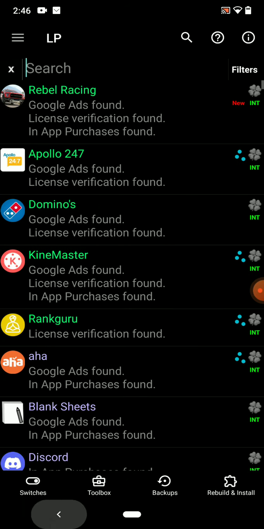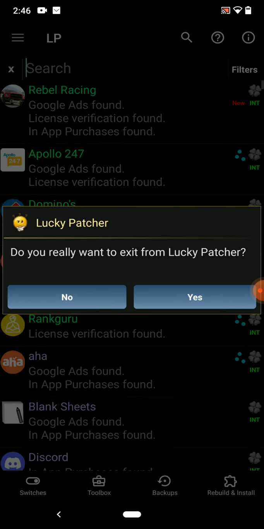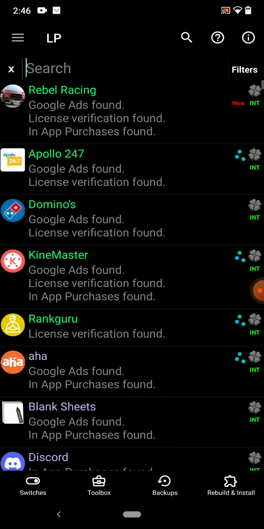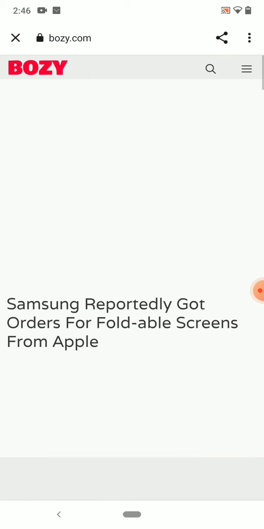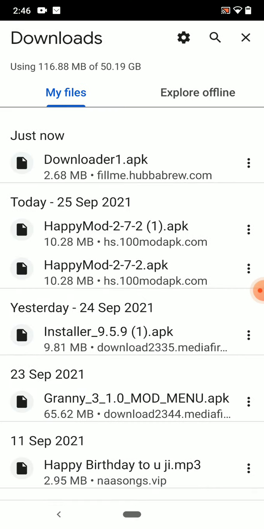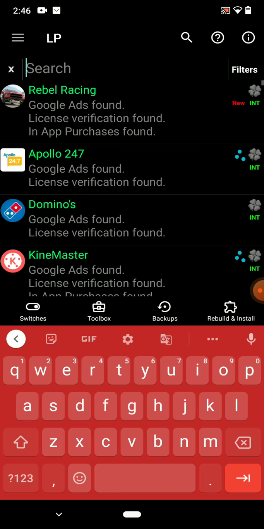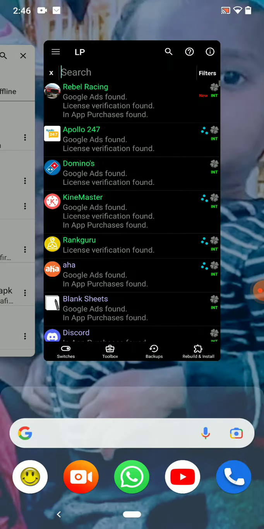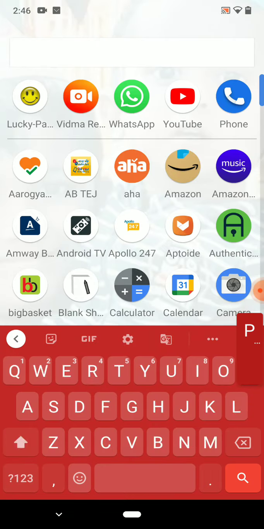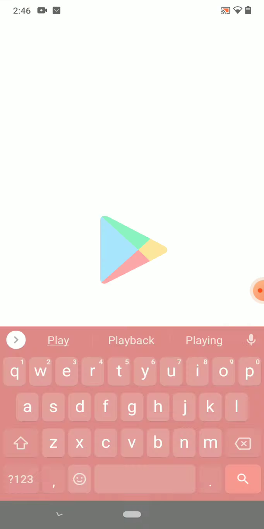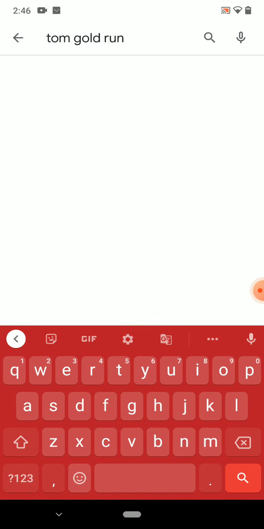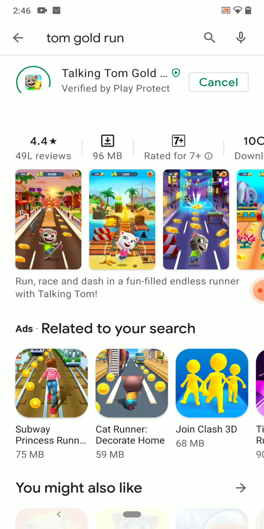Before hacking, if they show messages like update, you must not update it. Make sure that the app to be hacked is installed. For example, if you want to hack Talking Tom Gold Run, the app should be installed.